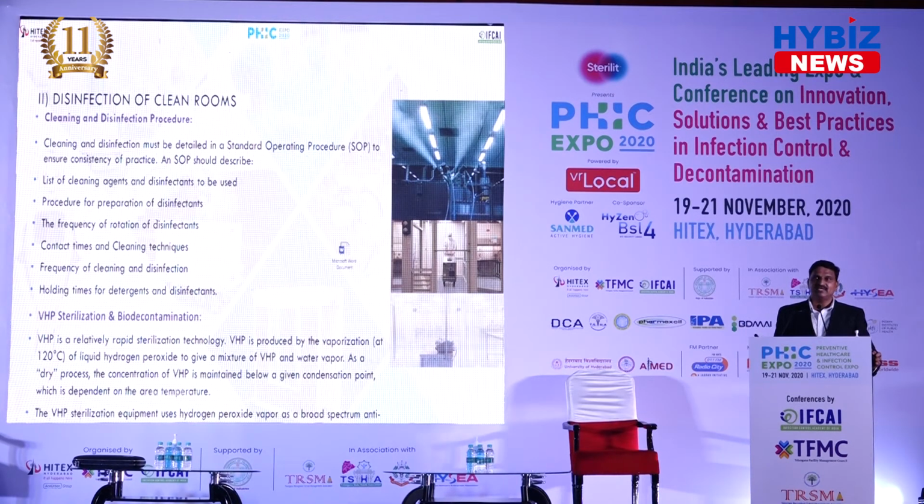In the previous slide, we were discussing disinfectants, wherein the reduction of microorganisms will be around more than 3 log reduction. Whereas this vaporized hydrogen peroxide will attain a kill rate of more than 6 log reduction. So it is equivalent to sterilization. More than 6 log reduction means equivalent to an autoclaving process, a sterilization process. That means the probability of one microorganism surviving is 1 in a million.